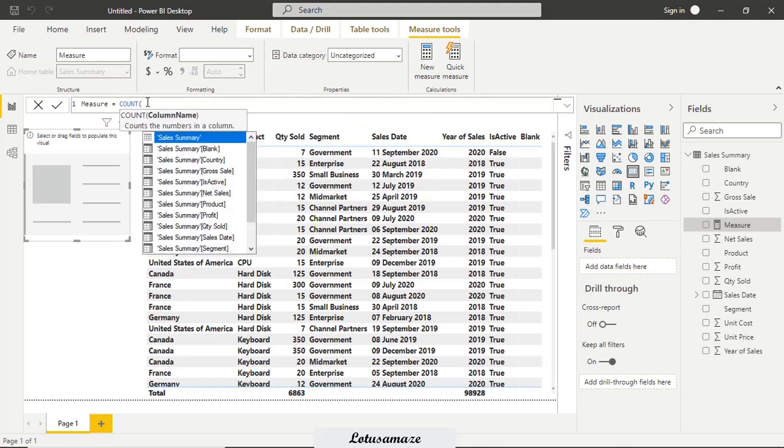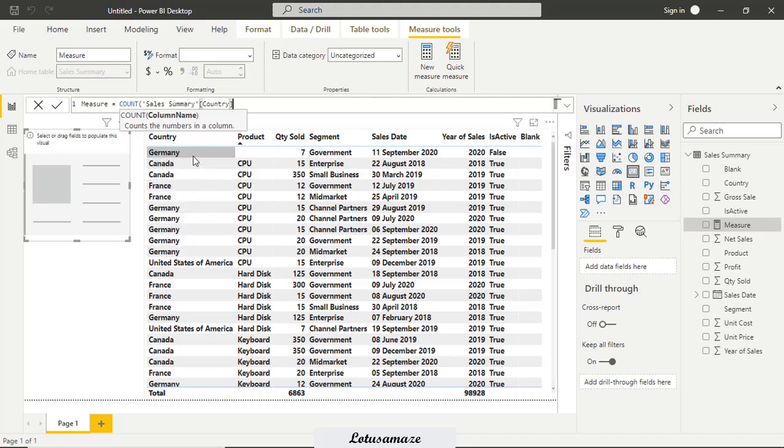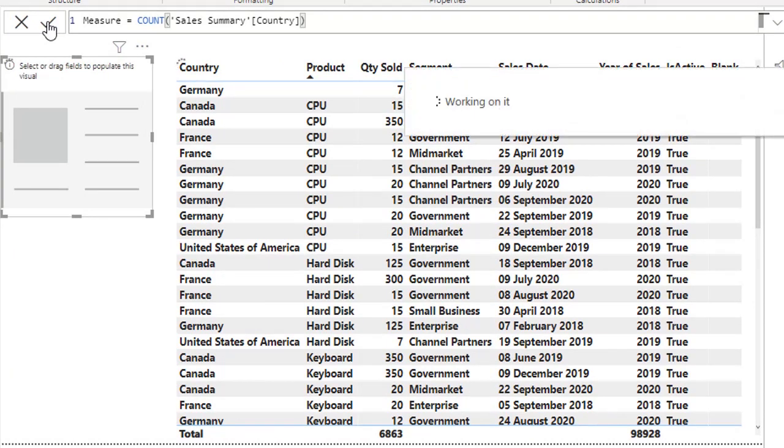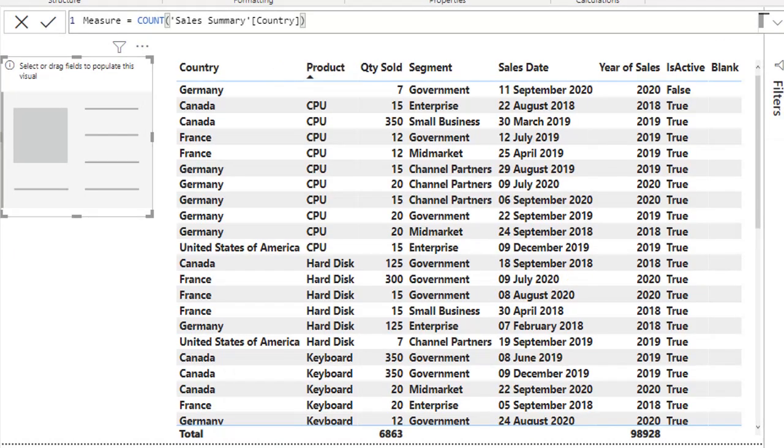In COUNT, we have to supply a column name, say country, and execute. Then now we have the measure, and we place the measure in the card. It's 46. The number of countries is 46. It means the total rows are 49 and the rest are blank. So it does not count the blank, it ignores the blank values.